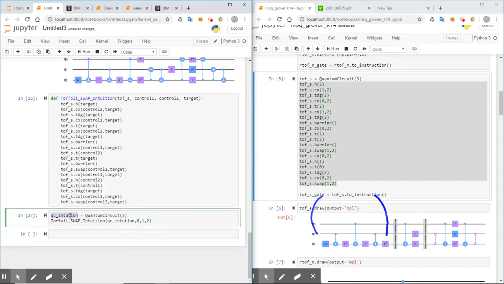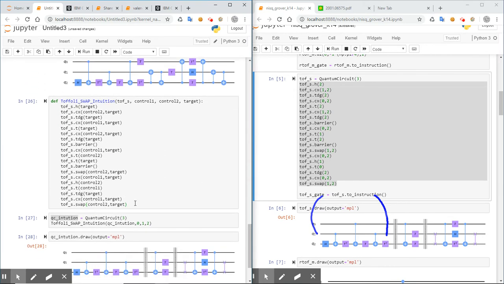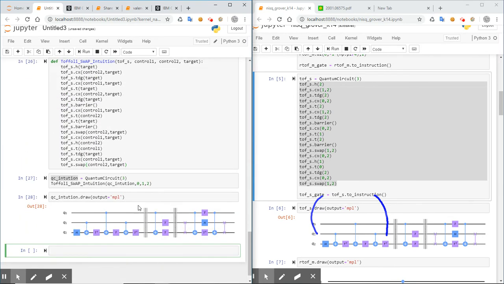And I can also now take a look. What have I done here? Take a look and do draw, output equals MPL. So here we have it, and it's exactly the same circuit. So now we've got QC intuition and QC, right? So if I now do QC and draw output equals